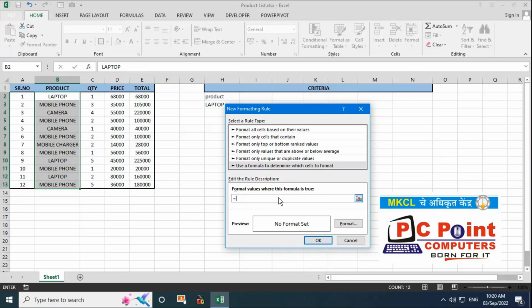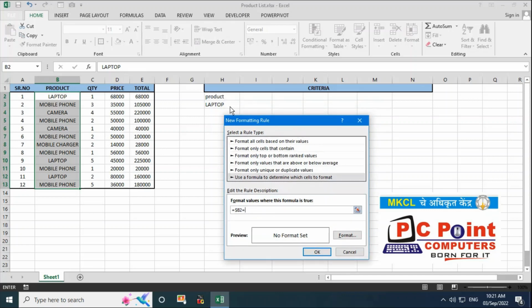Then I select this cell over here and you can see I have $2 present. So I'll remove the row $. It means I unfix it. So I again write equals, and I'm going to select this cell, because from this cell our data is going to be compared, that is H3.